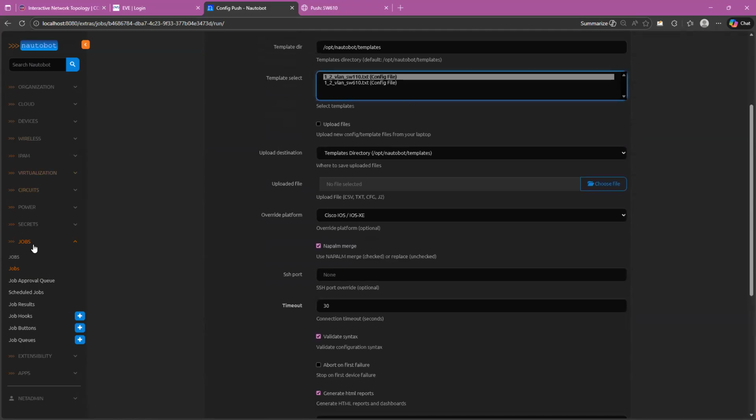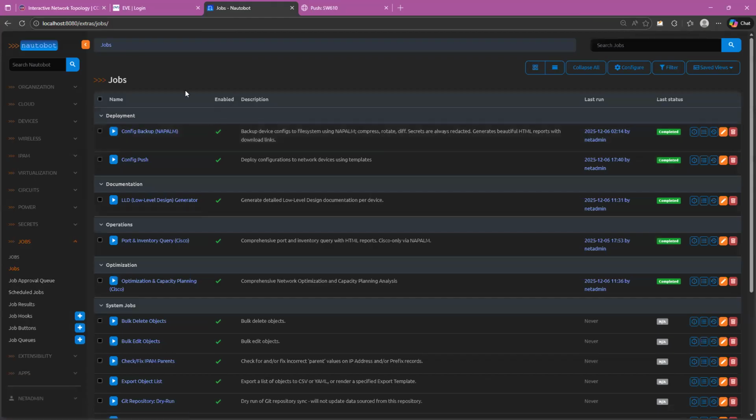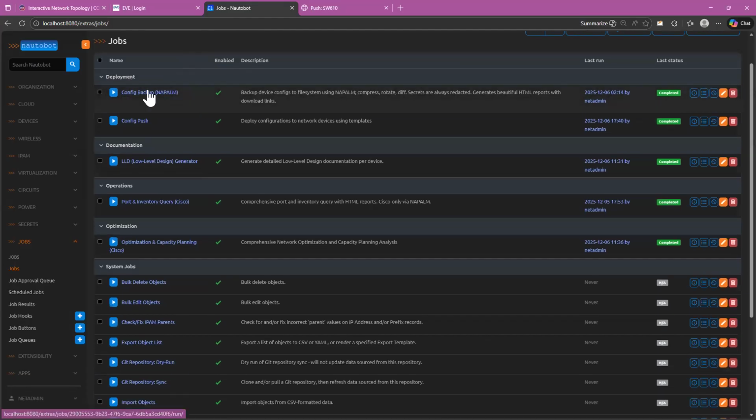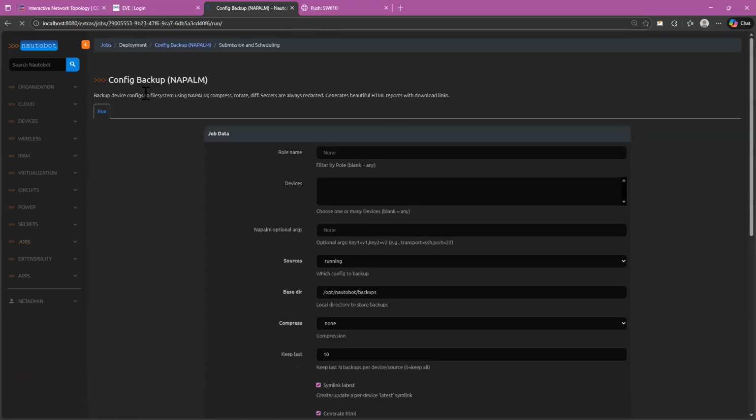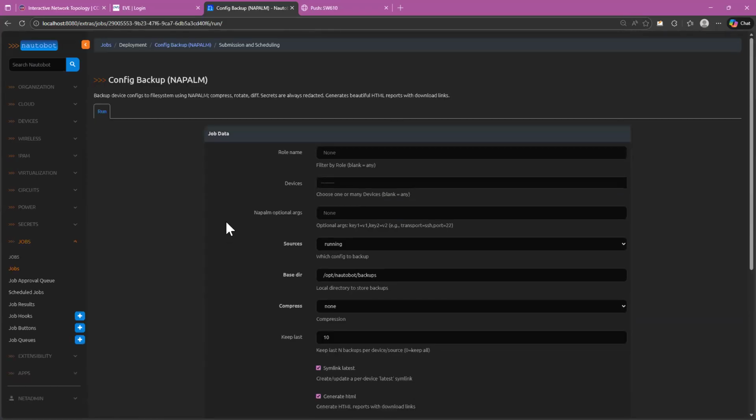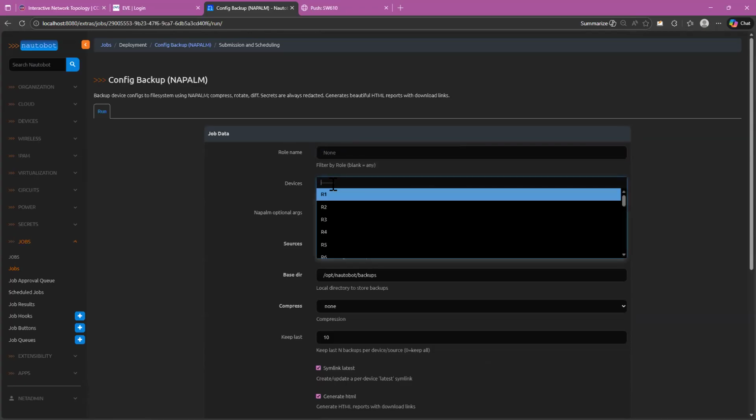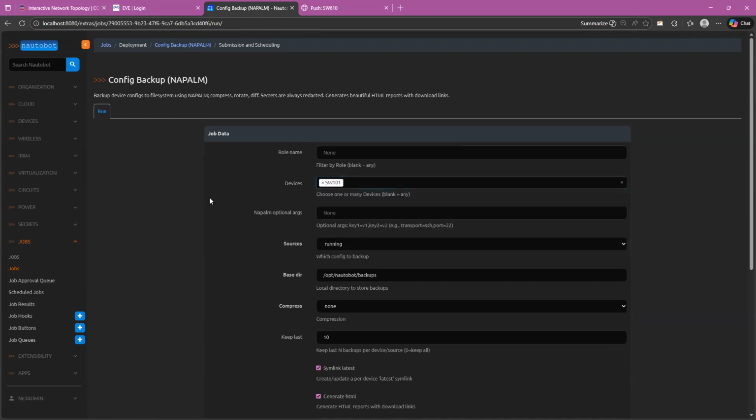Now, if I go back to the jobs and config backup, so complete configuration backup tool is there, right? If you want to back up your devices, for example, I can go to my devices, say for example, switch 101.